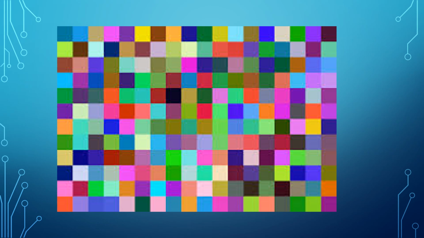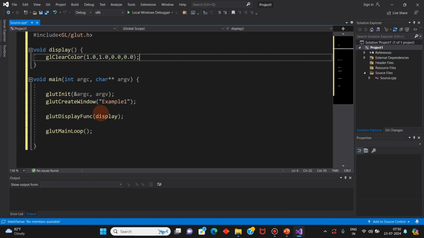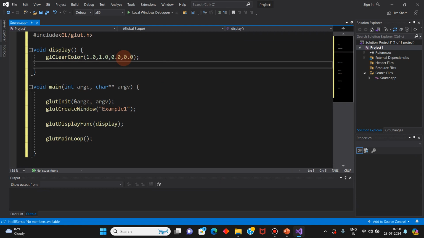The different intensities of RGB make different colors for each pixel. So that is the color buffer. Now when we write glClearColor, we are telling which color has to be provided to all the pixels of your display screen. By default, all the values are 0, that is, black.